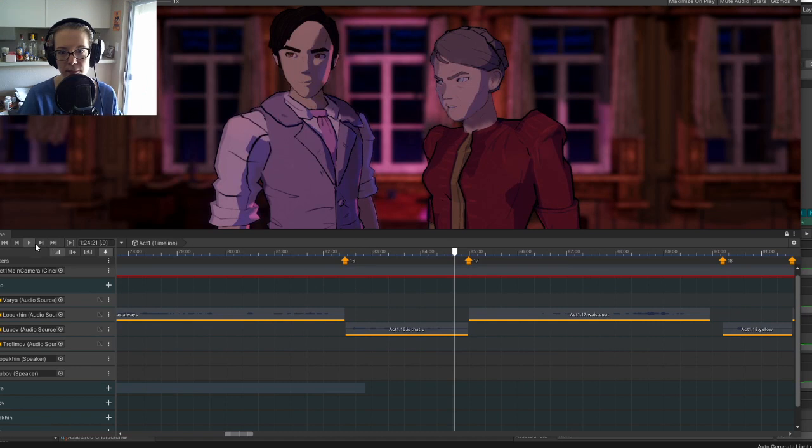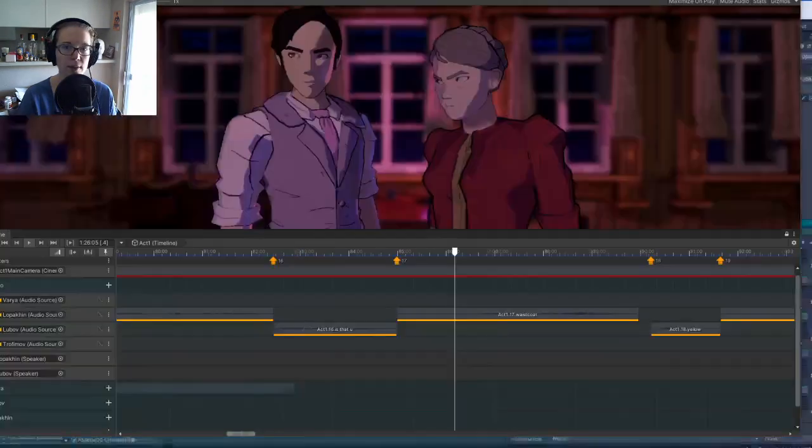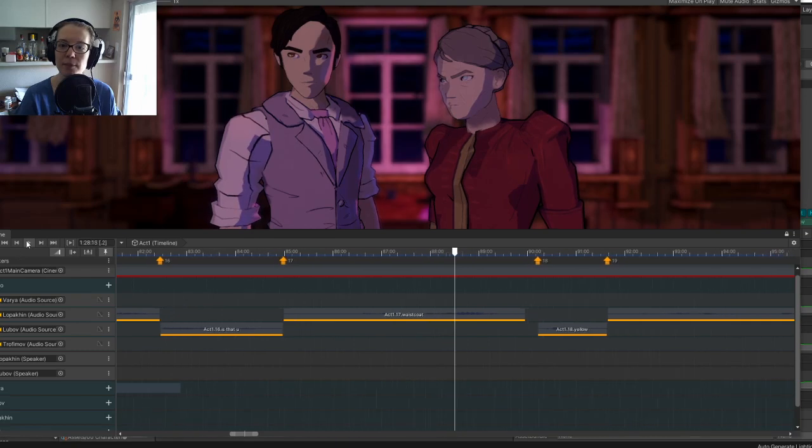Oh, it doesn't like that. You like the waistcoat? But how about the shoes? Uh-oh, Unity is not happy about that. Okay, so